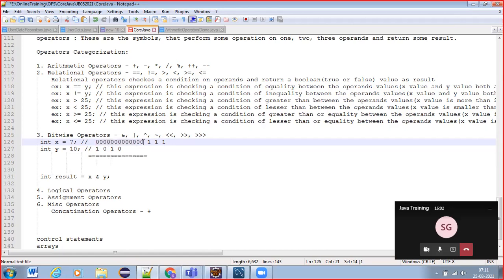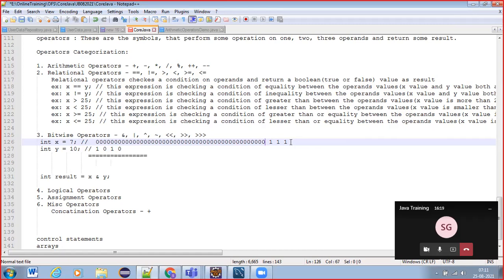32 bits. It is stored as 2 power 0, 2 power 1, 2 power 2, and then 2 power 3.